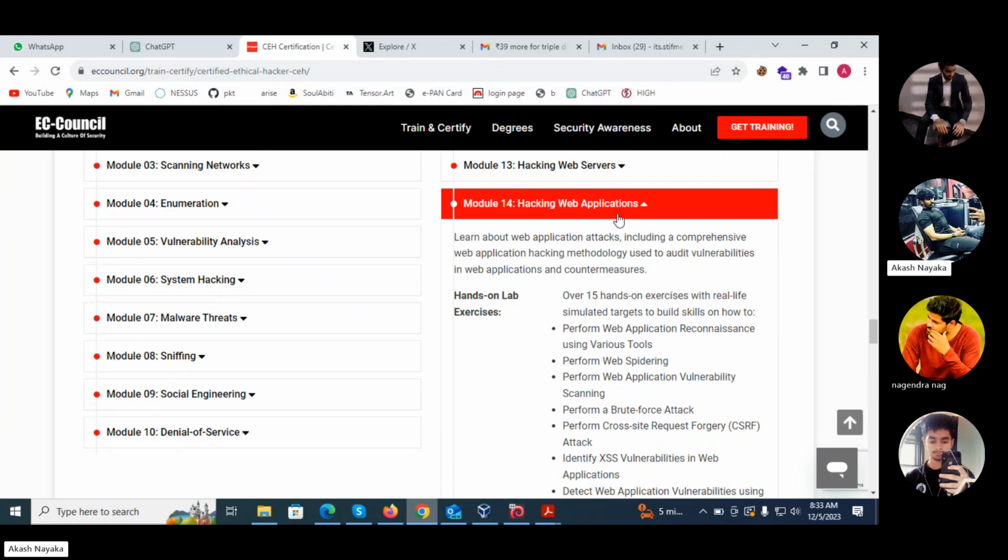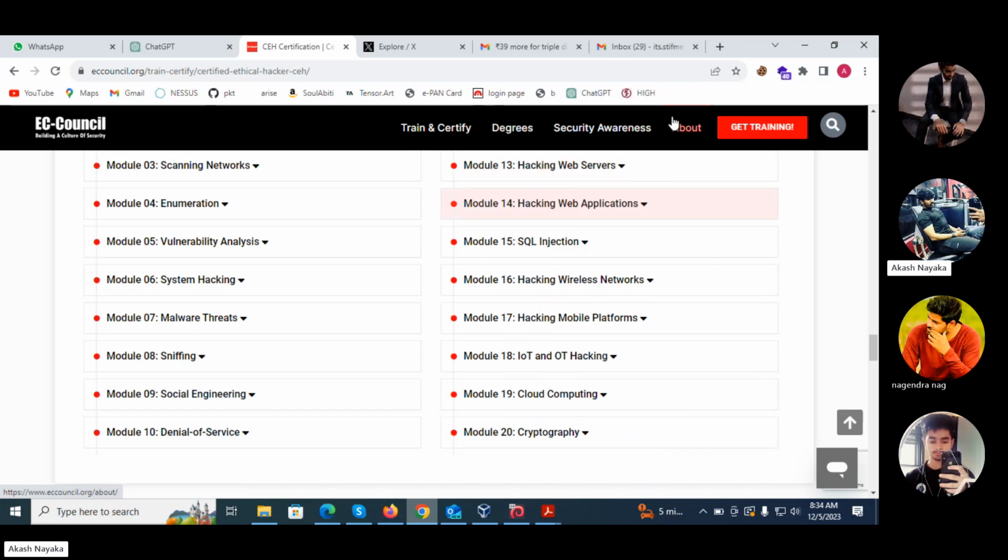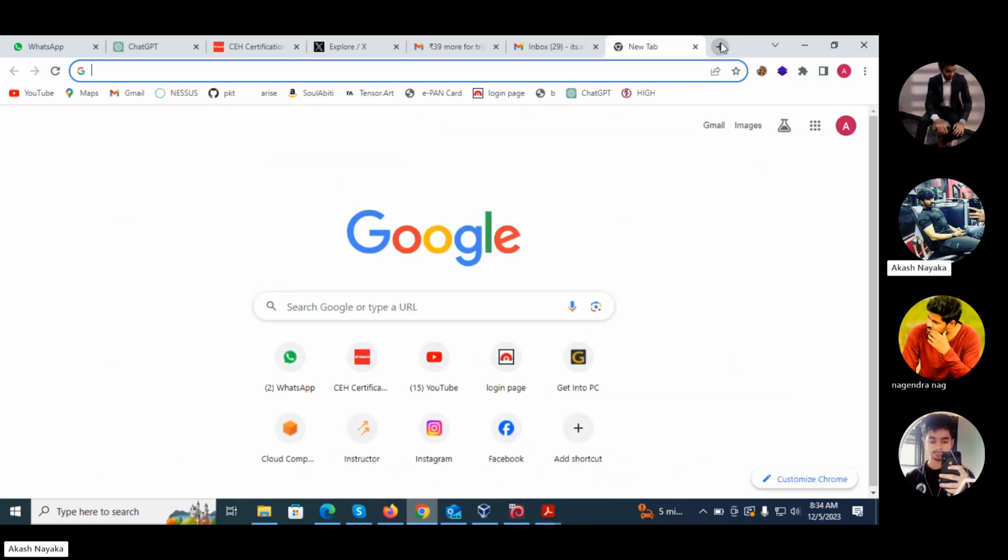If we talk about penetration testing on hacking web applications, that will usually go for 1 month. That's how the big classes are. Just one topic we can explain for 1 full month, because web application has over 100 types of vulnerabilities, 100 methods. But for some of the methods we would like to discuss, we have to open